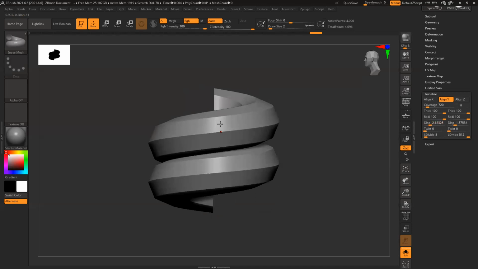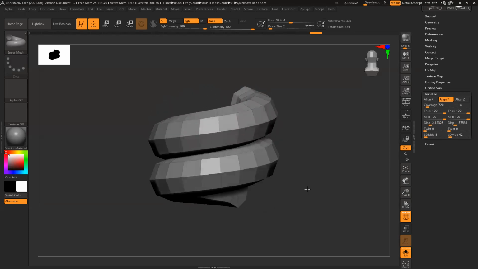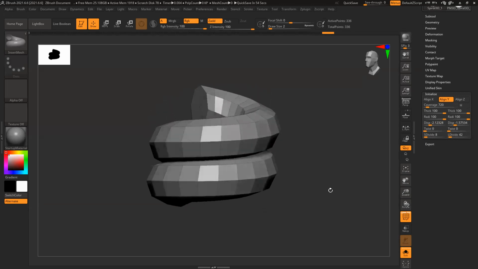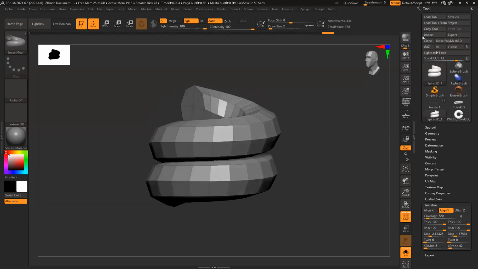So you can see it creates this nice bend. This is what I need. And Shift F, check, it's pretty dense. Reduce it. So keep it really low. Last time it was a little dense, that's why I had to ZRemesh it. So this time I can just simply